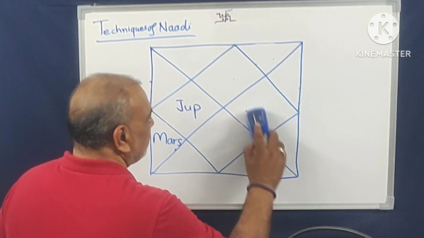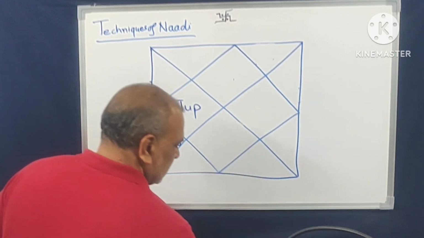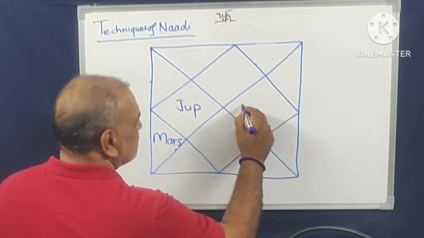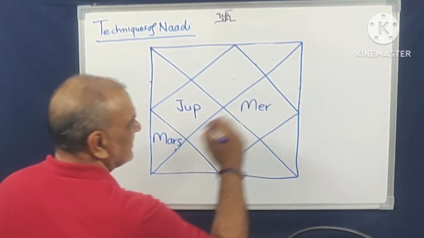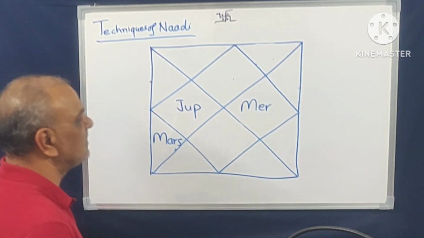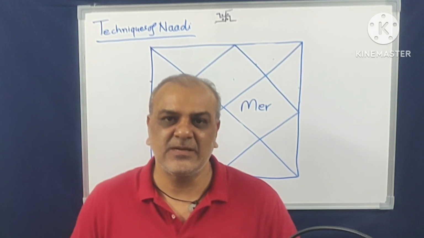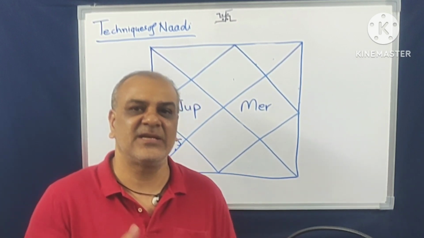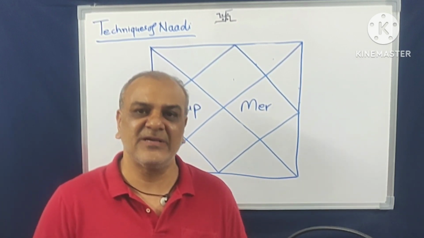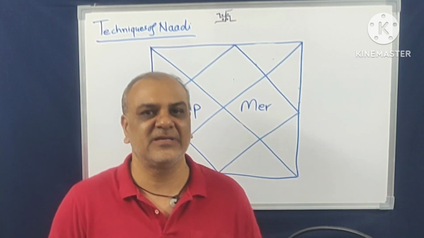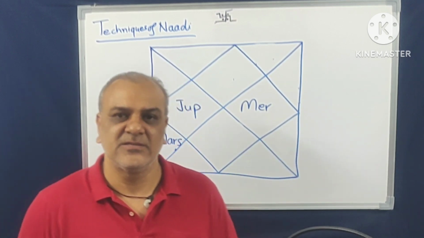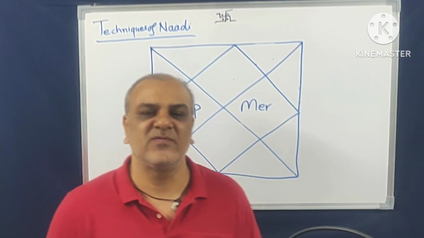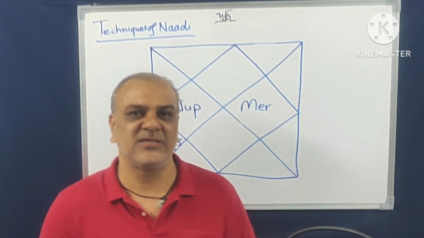In the same way, if Jupiter has Mercury in the 7th house, then you can easily predict that this native will work in a very rich concern or in a rich industry. So there are a lot of predictions. This we will cover in coming classes, and